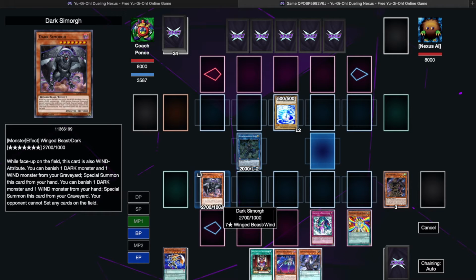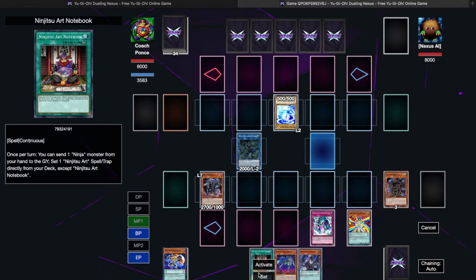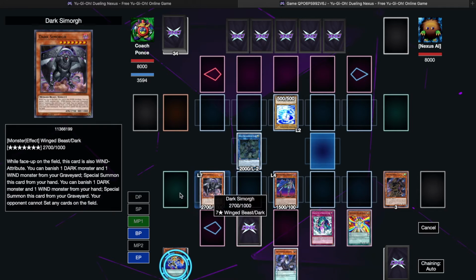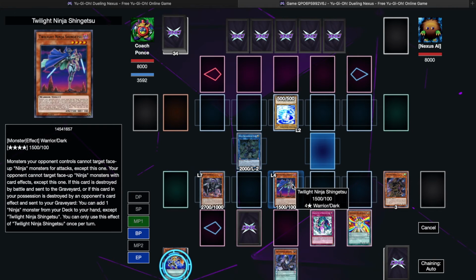So if they can't set cards, they can't get rid of this lock, so you're pretty much left with your win con. And since we still have our Ninjutsu Art Notebook, we can set and go about our day and keep making plays. And yeah, we can still conduct our normal summon now. We have Shingetsu, and now we have a lock right here protecting Saizo